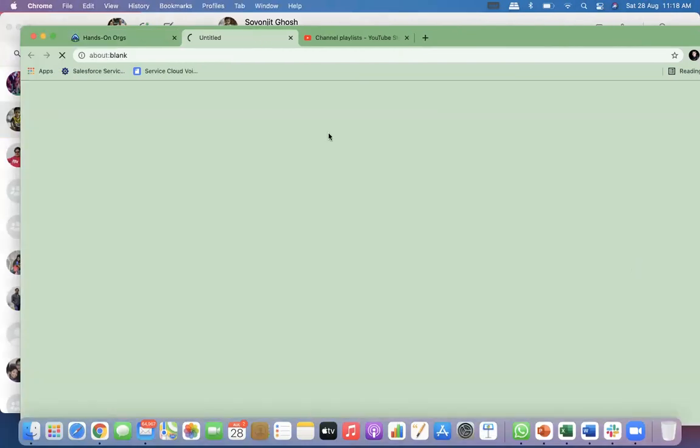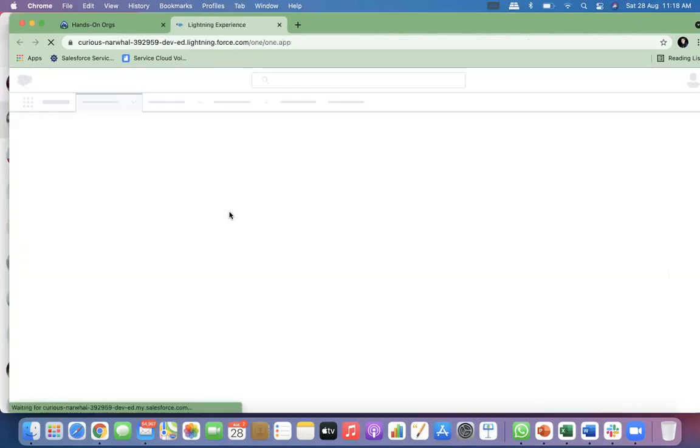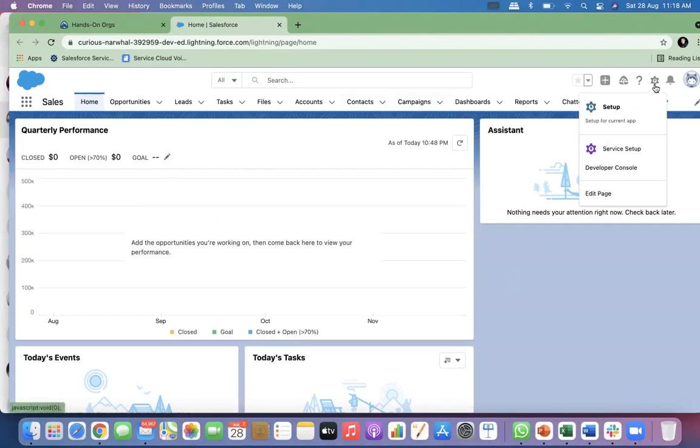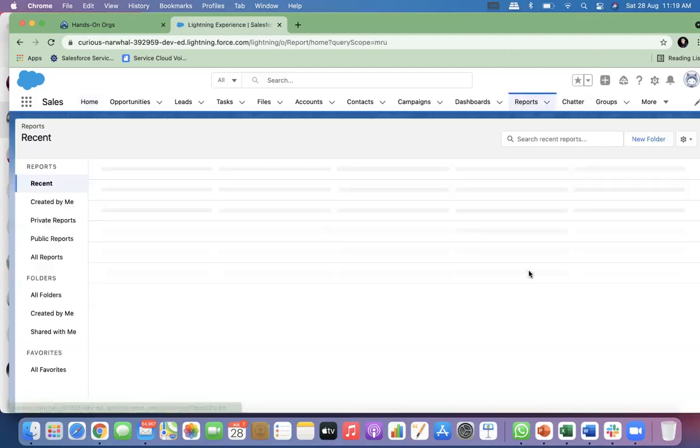So the main thing to understand is that reports can be created by anybody. That means you don't have to go to Setup. A report can be created by normal common business users. It can be created by a system administrator. It can be created by business users. That is why reports and dashboards are outside; they are not in Setup. Okay. So let's go to Reports.